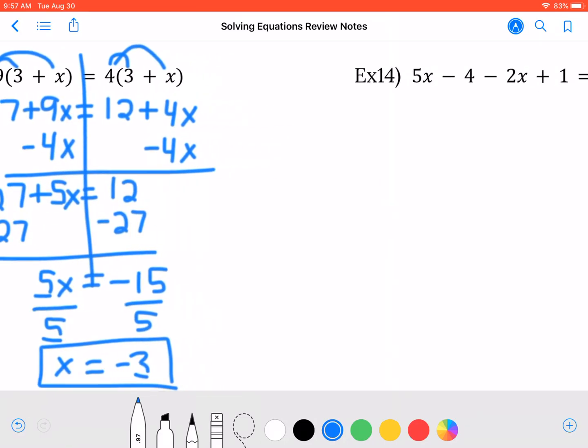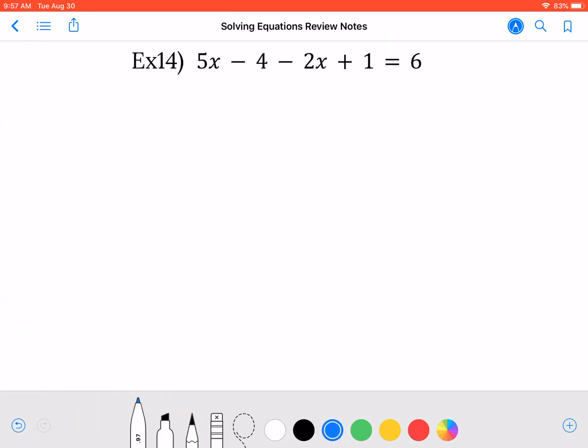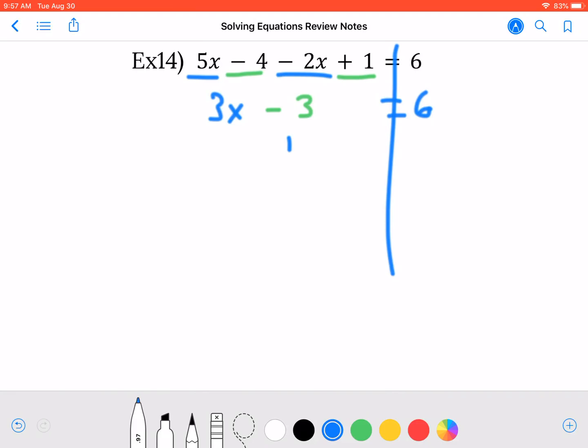Okay, one more. So combine any like terms you can combine first. So I have 5x and a negative 2x, which is going to give me 3x. And then I have a negative 4 and a positive 1, which gives me negative 3. And now we're back to like a two-step equation. Add 3,